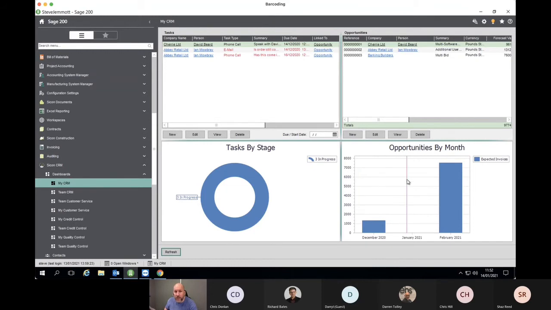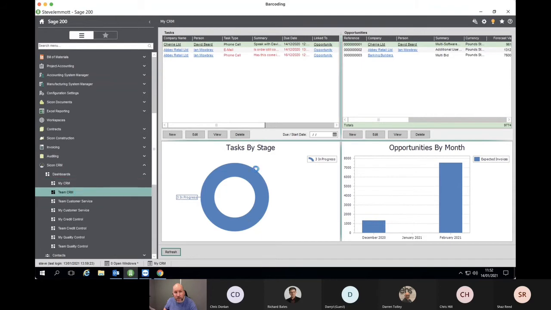So on the right hand side, I can see my current opportunities and the value by month, and what we will be adding in there will be the target line, so being able to see how am I doing against my particular target. We can see my opportunities and the details for those that are linked to myself, as well as my tasks, and I said these are red because they're overdue, and again the status by the various different stages